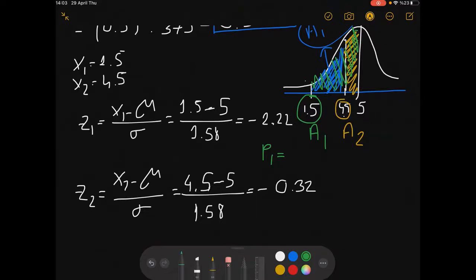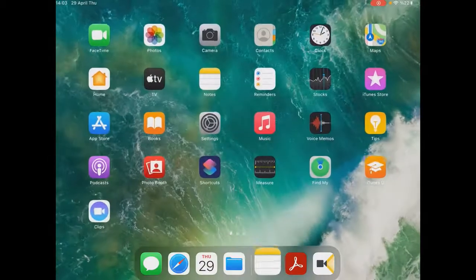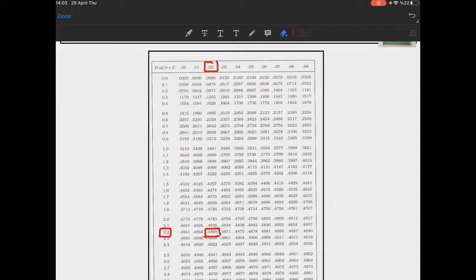Your P1 was what? 0.4868. All right, this is your green area or green probability, and the other one is 0.32. So your 0.32 is this one, hopefully